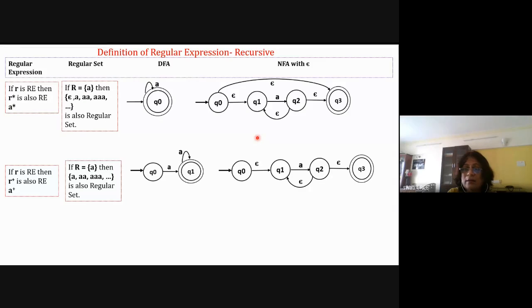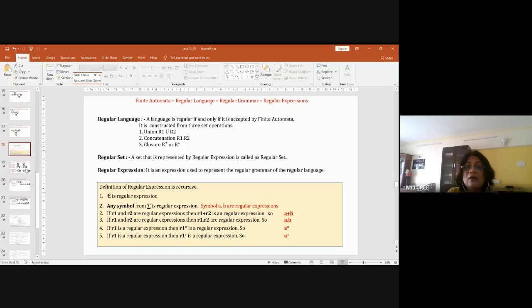Okay. Just Ganesh, just see the slide here. The first slide here. You can see this now. We are going to write this regular expression in today's lecture, like A plus B, A dot B, A star, A plus. So we are talking about the definition of regular expression. Epsilon is a regular expression. Any symbol from sigma, that is A comma B, is a regular expression. And then R1 plus R2 is a regular expression. R1 dot R2 is a regular expression. R1 star and R1 plus. So this is about regular expression. And we are going to write about it. Okay, writing the regular expression is today's job or today's lecture.